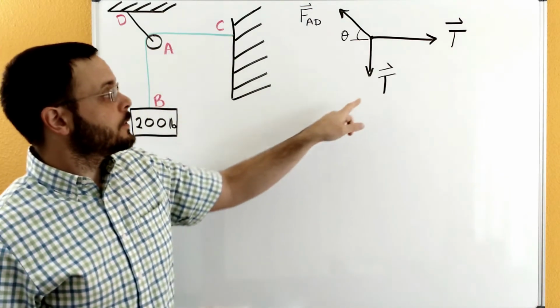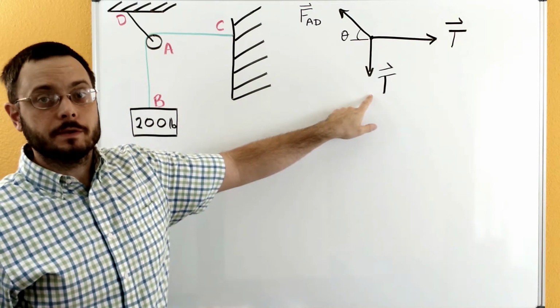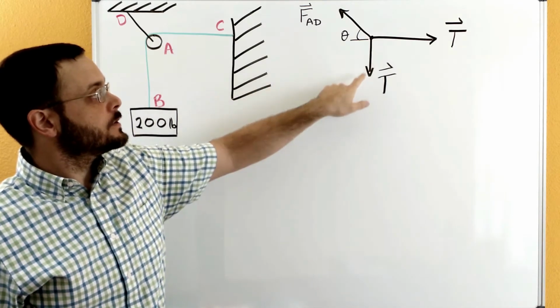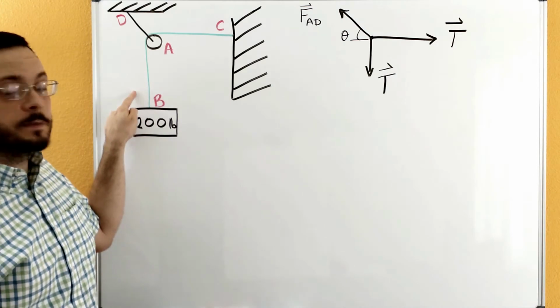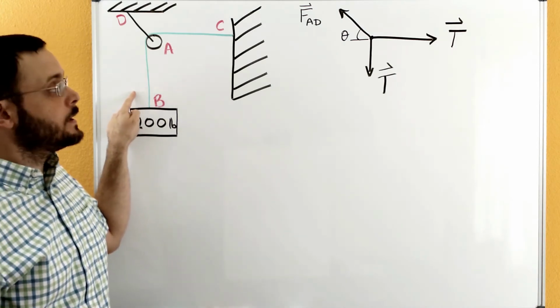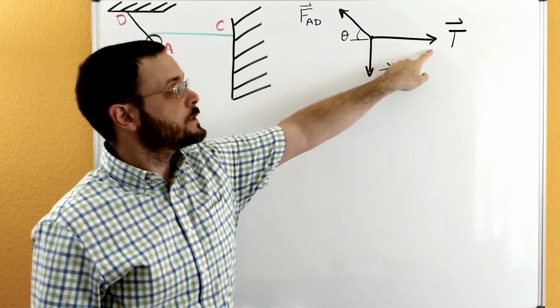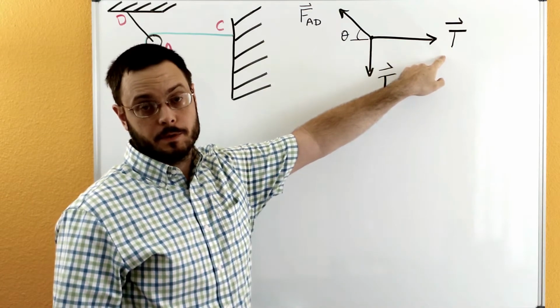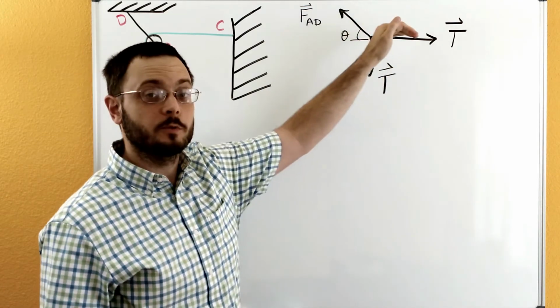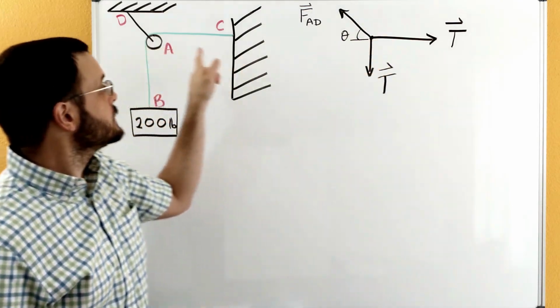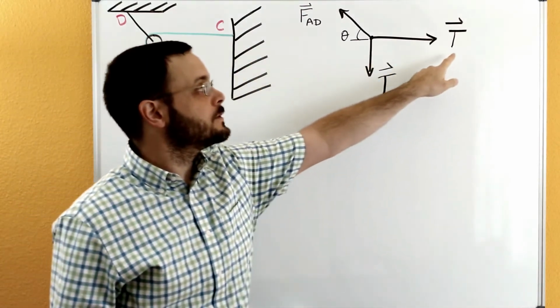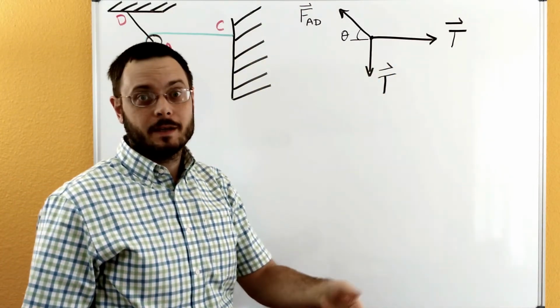the rope. So we're going to call that tension just T, and we'll have a tension coming down here for this portion of the rope from A to B, but we'll also have a force T. It's the same force because it's the same rope over that smooth frictionless pulley. And it's going from A to C, and we're still going to call it T because it's exactly the same